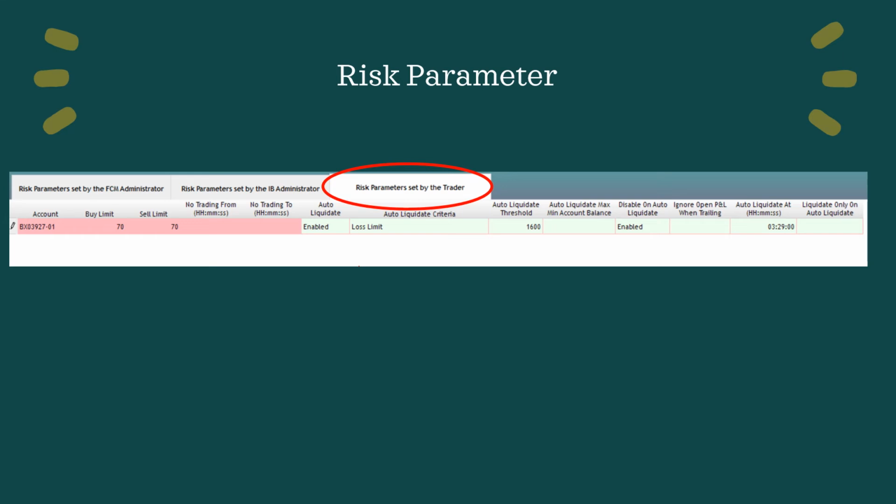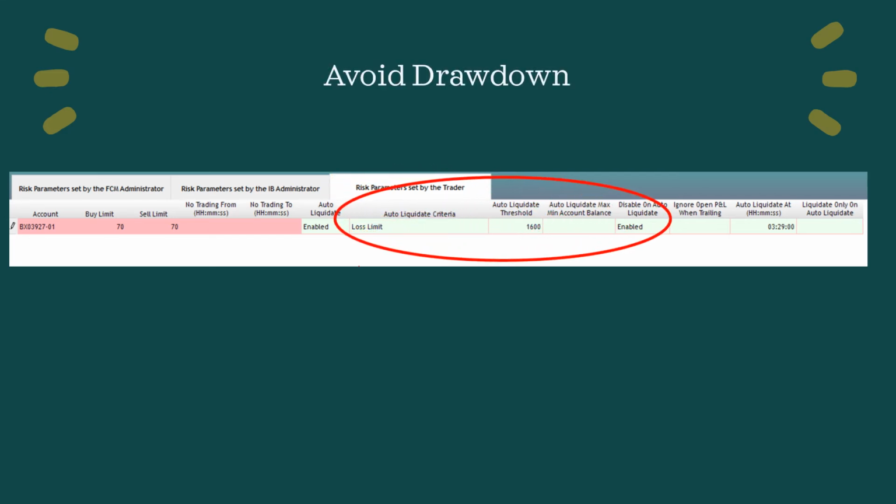There are many more options for the auto liquidate criteria. The one I'm using here is the loss limit because I'm using a bottom line. There are other options such as trailing drawdown, which you can play around with yourself. I will also go ahead and